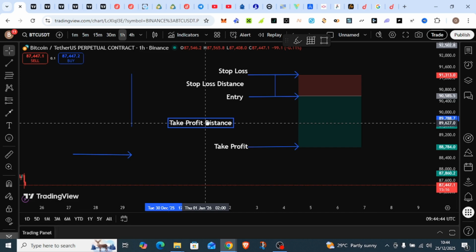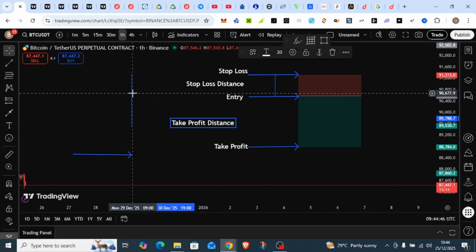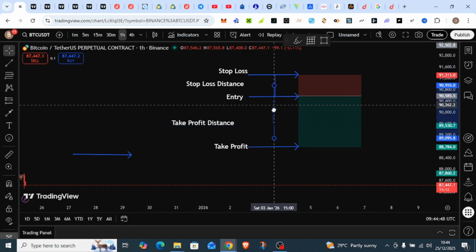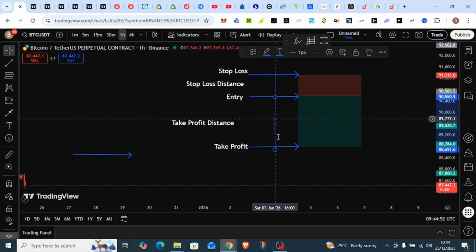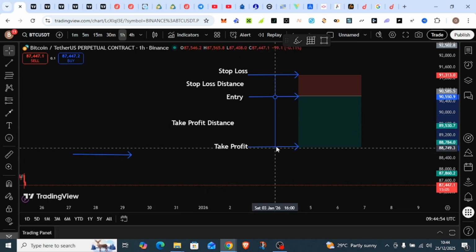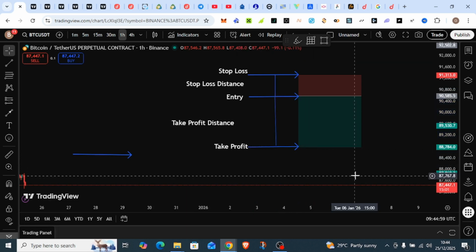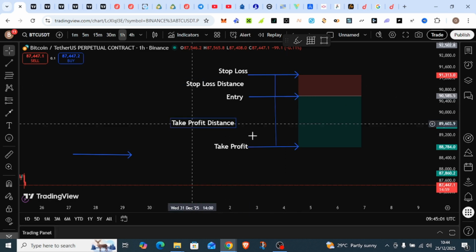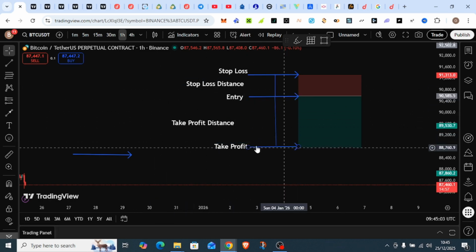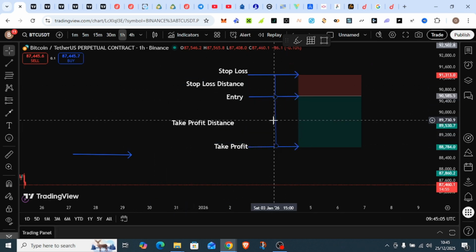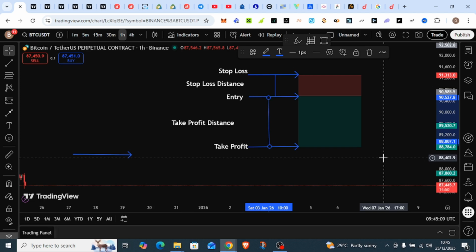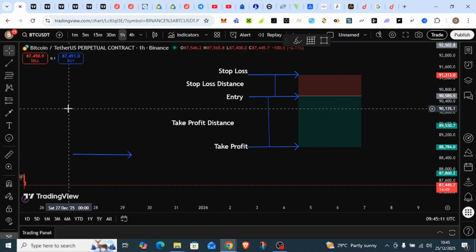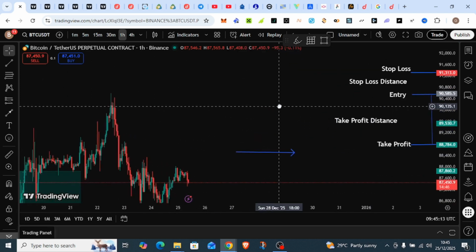We also have the take profit distance, which is from this point now to the take profit level. So for us to short any symbol, say BTC,